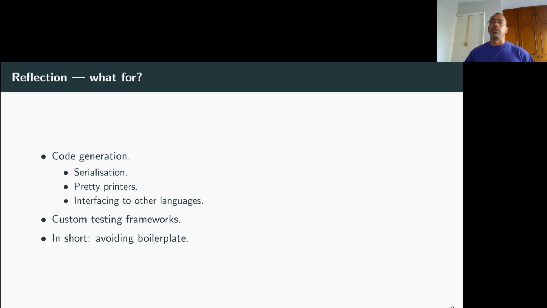Interface into other languages, for instance, I've written a lot of code to be able to call D code from Python, from Excel, from our internal language at Symmetry. So without reflection, this would be a lot more work. I mean, people do call, for instance, C++ from Python, but it does involve a lot more.